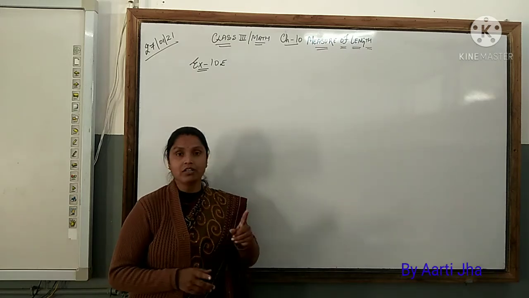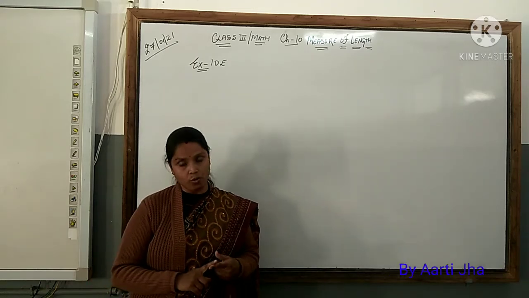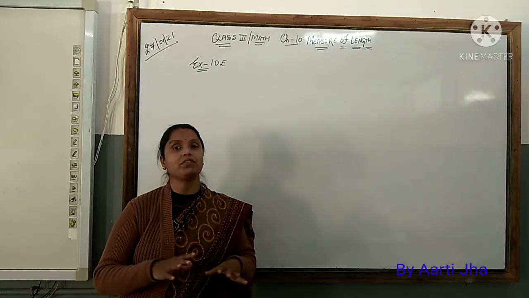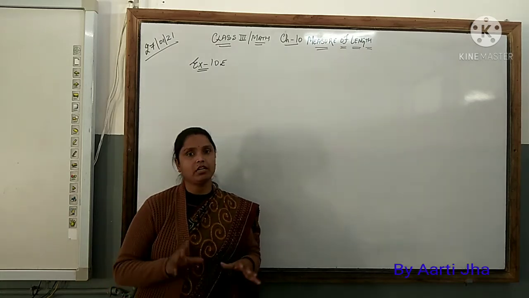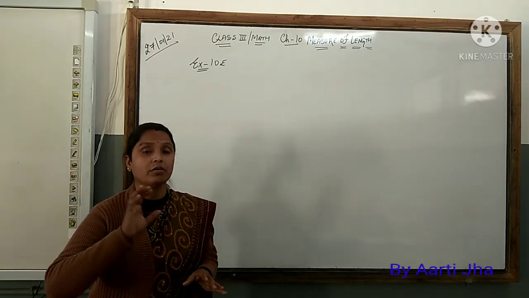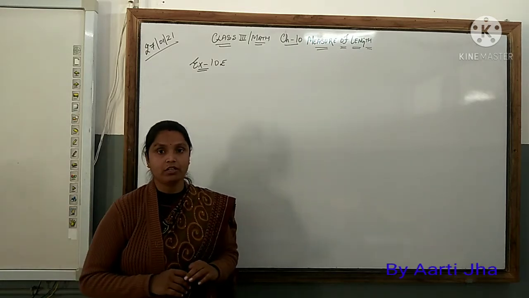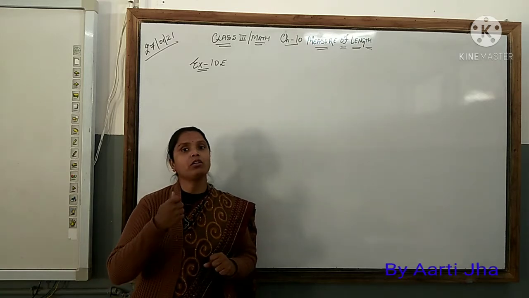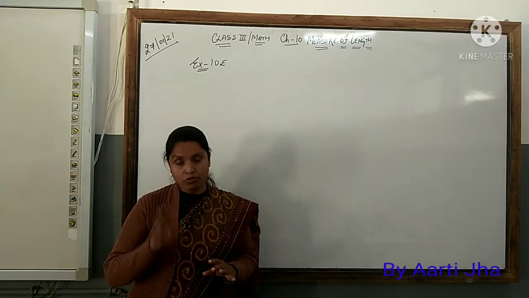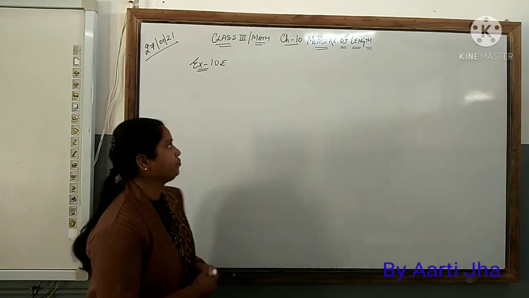The first question says, a roll contains this much length of rope. If this much of the rope is used, then what length of the rope is left behind? This is the first problem given to you. Now in this problem, children, the question is talking about rope. What is a rope, children? A rope is what we use for going up, for climbing. So a roll of rope is there with you.